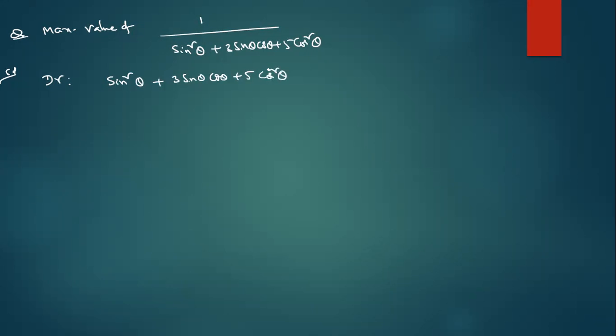Listen carefully. Now, see, convert into the same angle. One is cos square, like this is not possible. 5, I'm breaking this one. See how to write: 1 plus 4, since sin square theta plus cos square theta is 1. Then 3 by 2 into 2 sin theta cos theta plus 4 cos square theta. Any doubt till now? Tell me anyone.